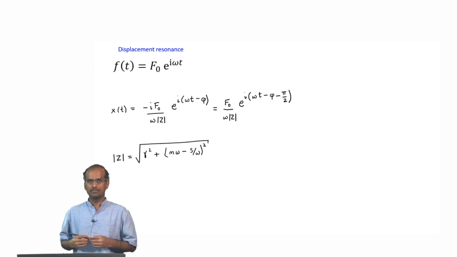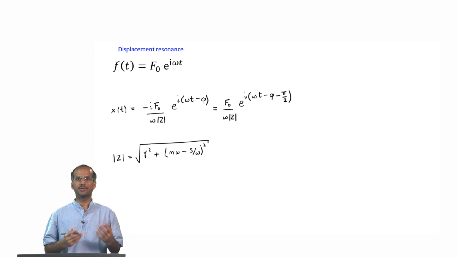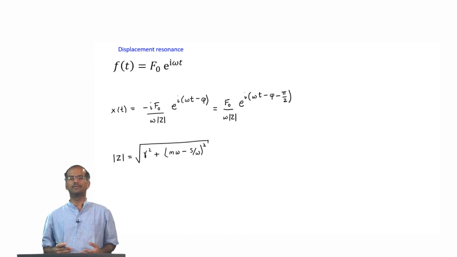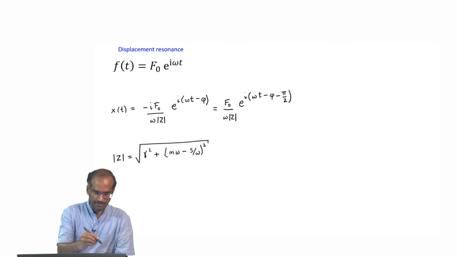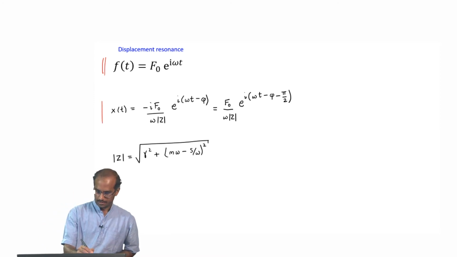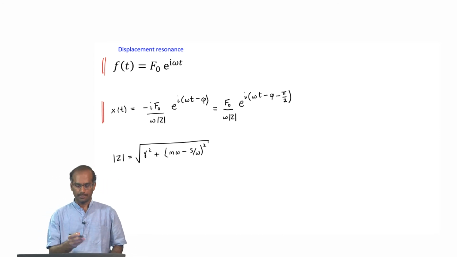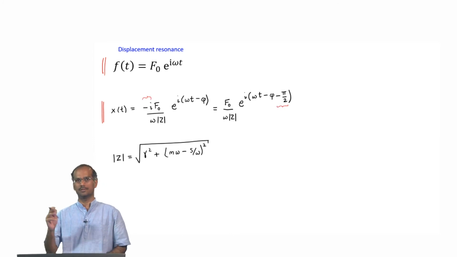Okay. Before we look at the displacement resonance, as we did for the case of velocity, let us first look at how phi changes with the angular frequency. Phi is the phase difference, and of course, I have the standard driving term here given by f0 e^(iωt), and I have the displacement as a function of time. Here I have absorbed this minus i